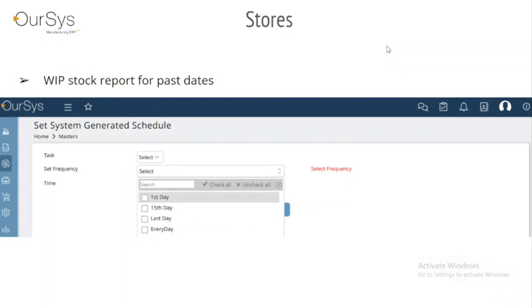An important note over here: this feature is only available after the version is released at your end. And the second important point, it will not work retroactively for the past data unless the WIP report was already generated on those dates. If you wish to use this feature